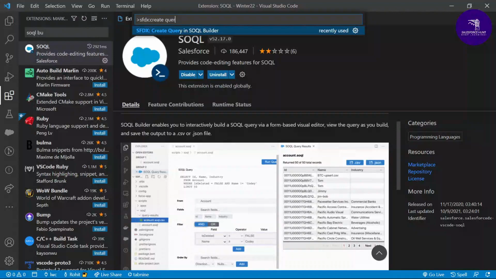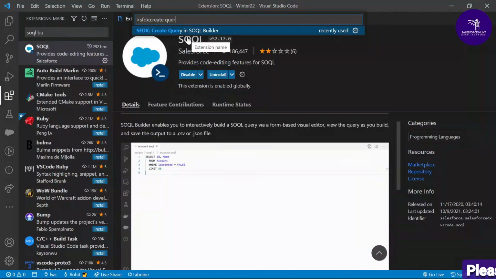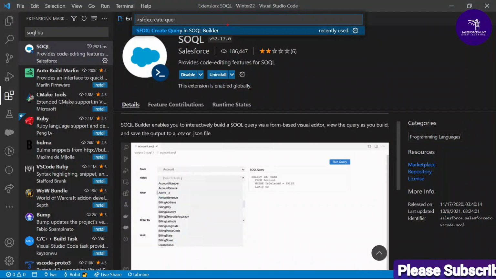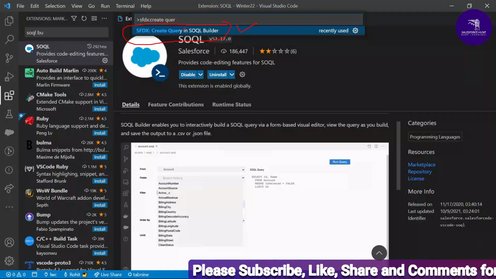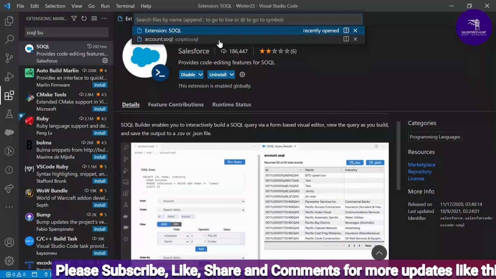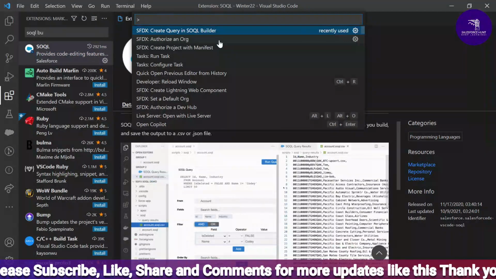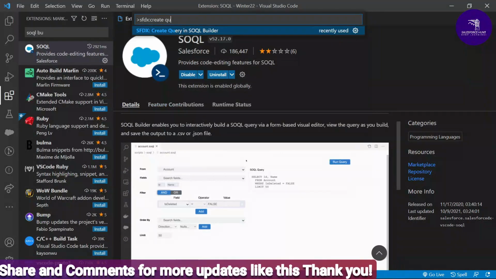Here you can see the recently used item, SFDX: Create Query in SOQL Builder. This is the option, you have to click this one. Without this you cannot access anything in SOQL Builder.